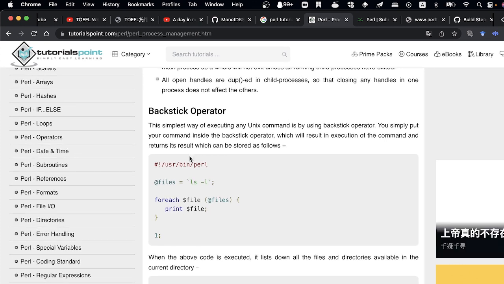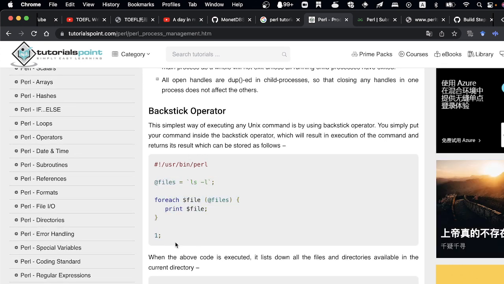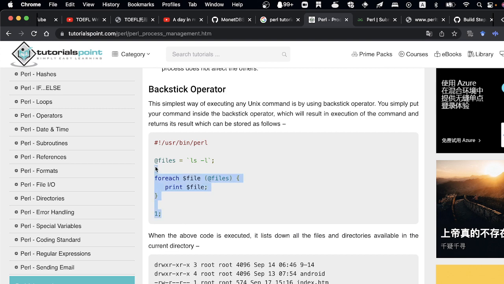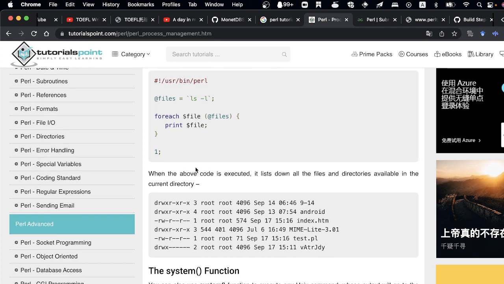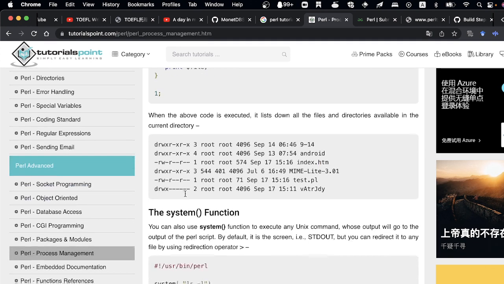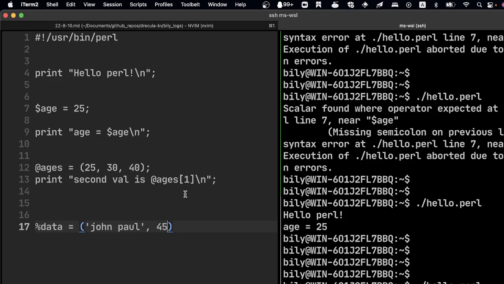For each file. Using backtick, you simply put your command in backticks, which will result in execution and returns the output as a result. Okay. I'm gonna write this